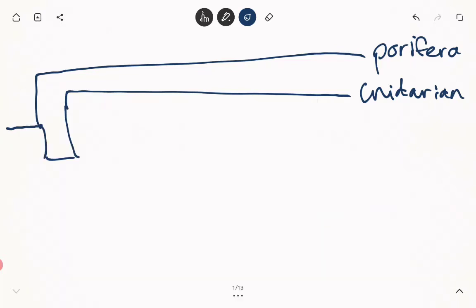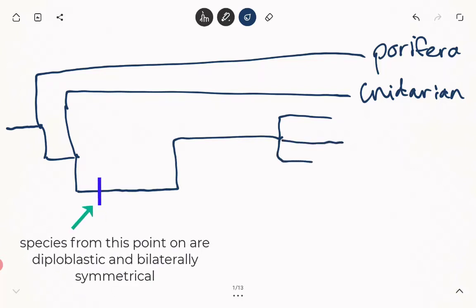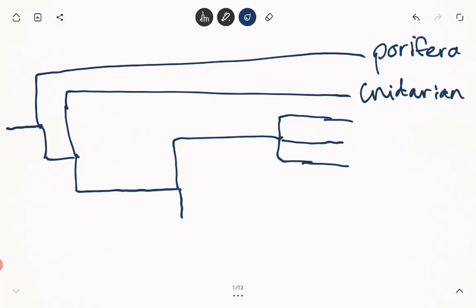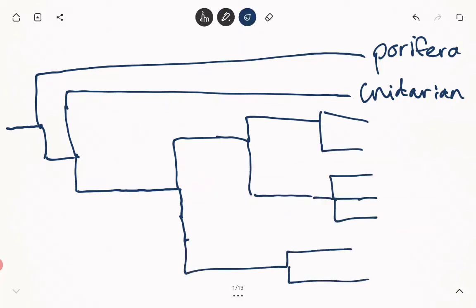Then down here on this other branch, everything last here is going to be triploblastic and bilaterally symmetrical. But we get two major divisions because one division is going to be protostome, the other division is going to be deuterostome. Okay,